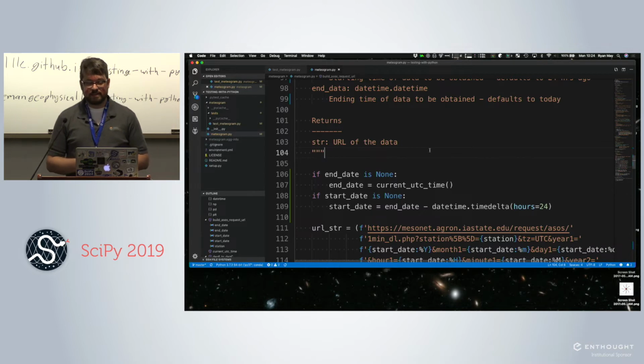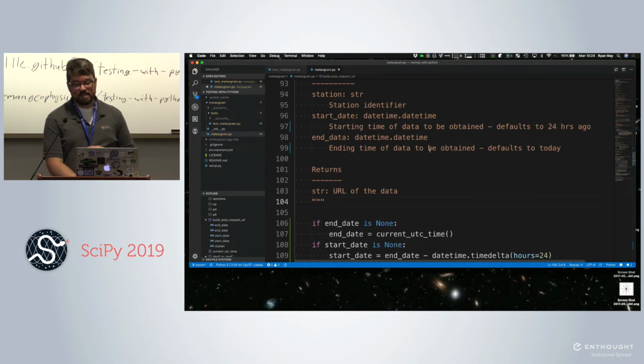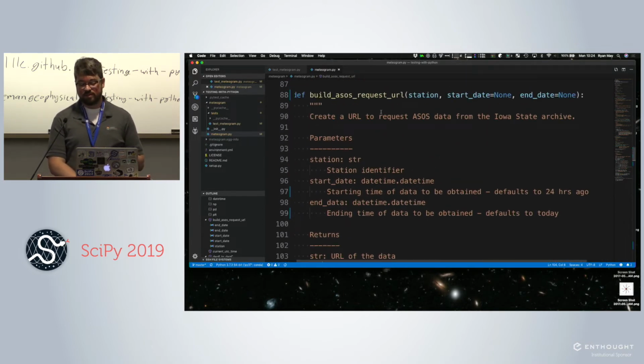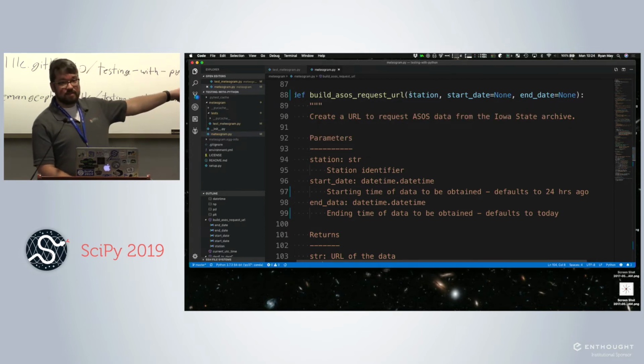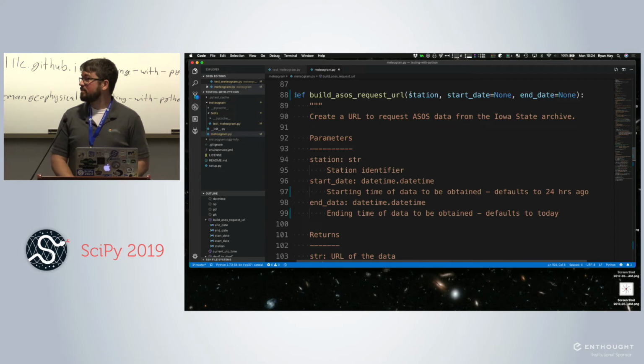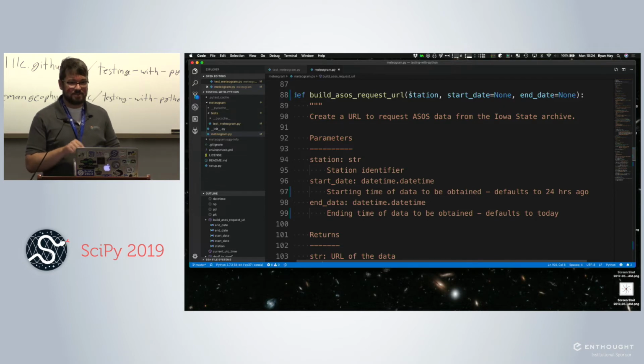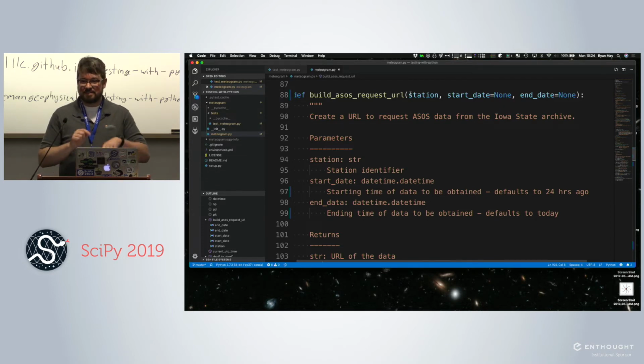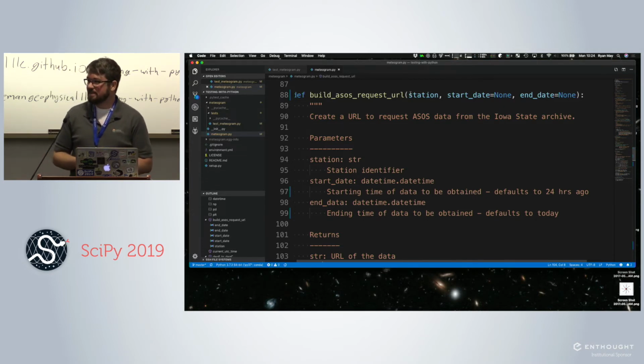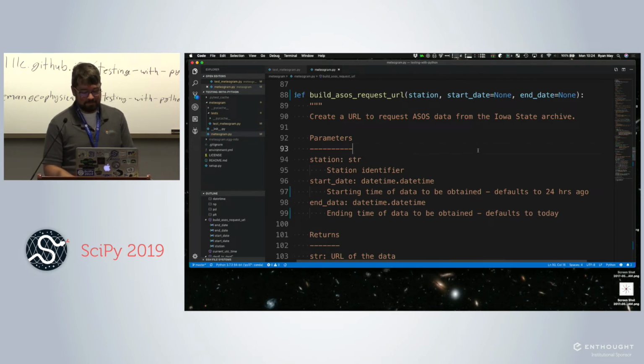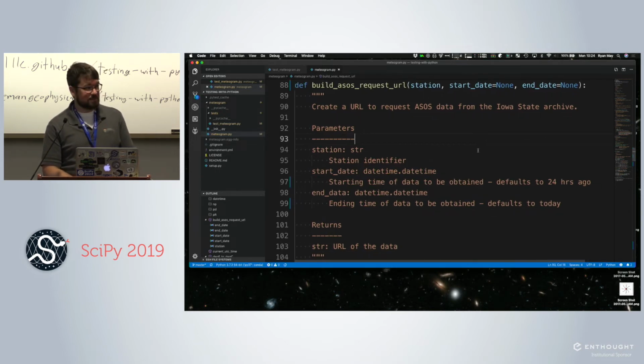So think about it. I'm going to write a test that says, does it behave well with the defaults? So if I call build ASOS request URL with FSD as the station and nothing else. Time changes when you run it. Yeah, the time changes. So every time you run your test suite, you have to go in the test and say, okay, is it today? Is it today? And that's terrible. I suppose one could do something really bad like reset your system clock or terrible things, but that sounds horrible.